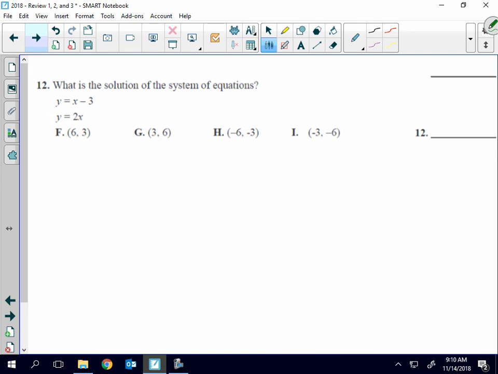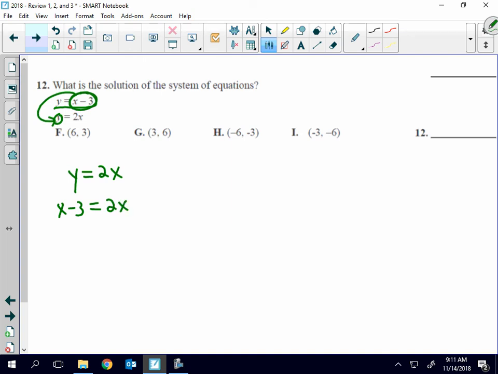What is the solution to the system of equations? All right, so here, this one says y equals x minus 3. So I'm going to plug that in for this y here. So let's rewrite the bottom equation. I'm going to write it down first. There's the bottom equation. Now I'm going to rewrite this, but instead of y, I'm going to put in x minus 3. So x minus 3 equals